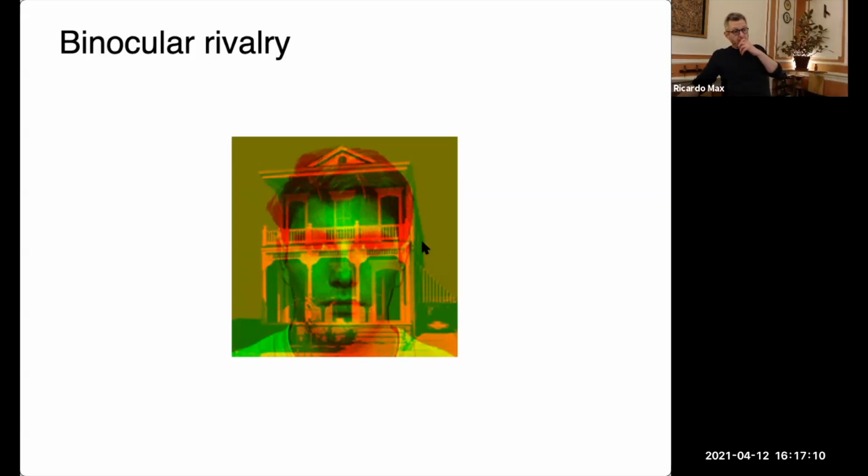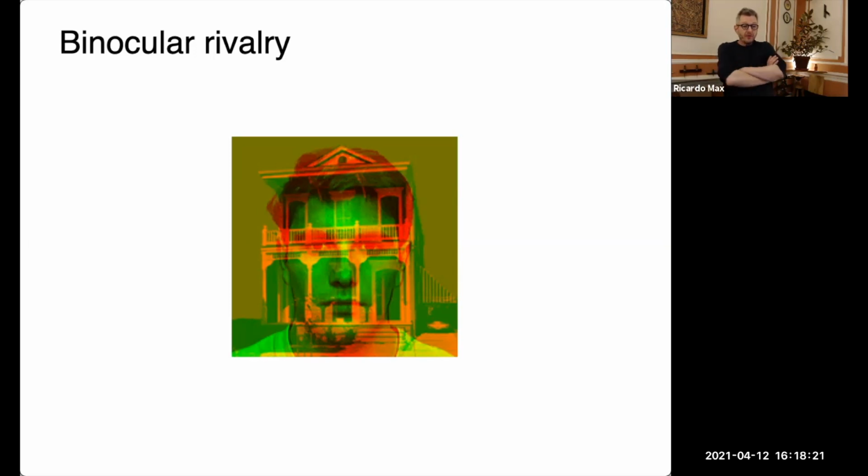They showed this image to the participants with red and blue and green lenses. So both eyes see this thing together, but each eye sees only one of them.